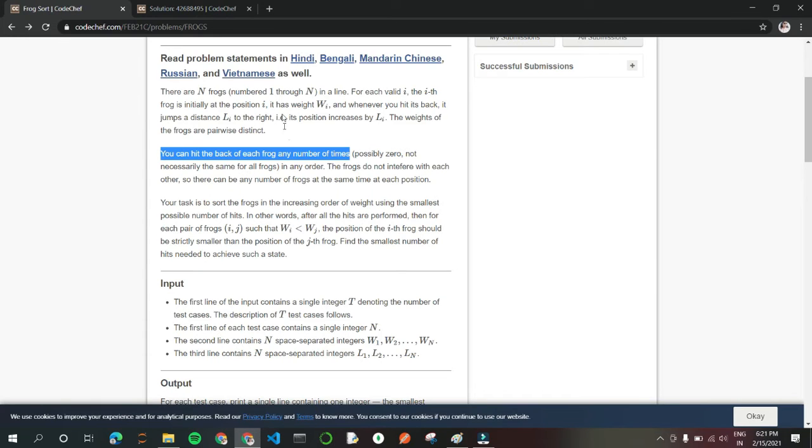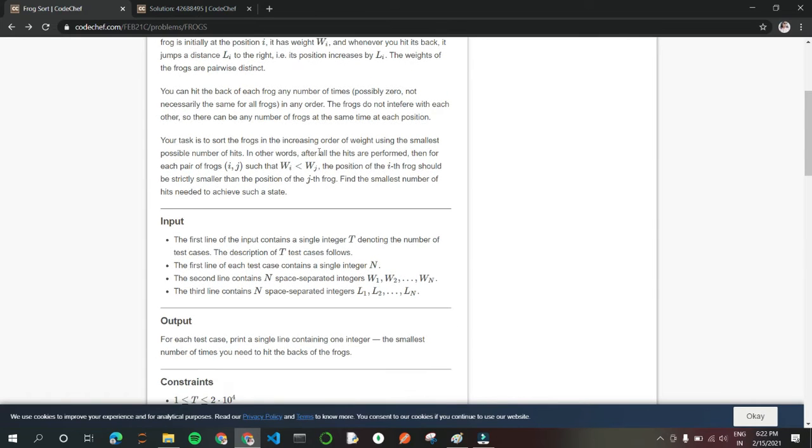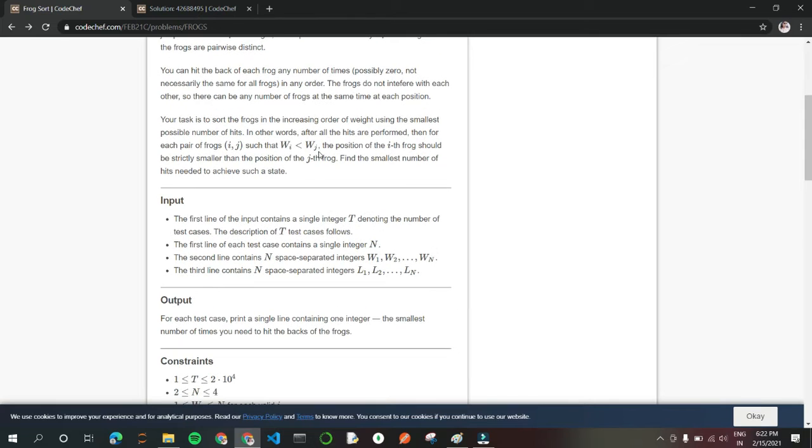So we have to make them jump so that their weights are in ascending order, or like we have to sort them in ascending order in terms of their weight, and we have to make them jump until they get sorted. In simple words, this is the whole question.